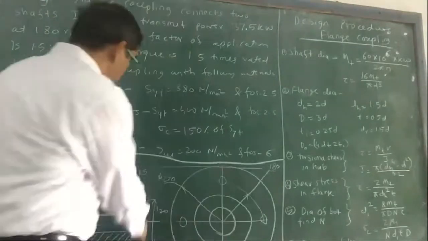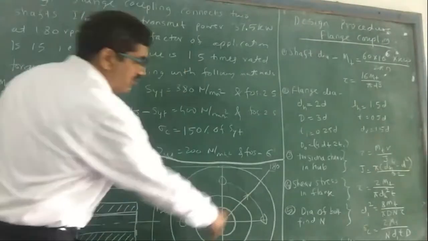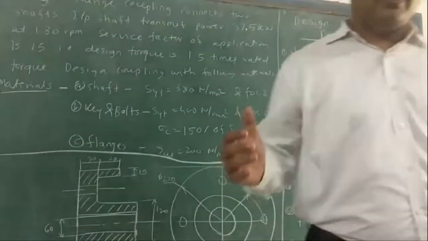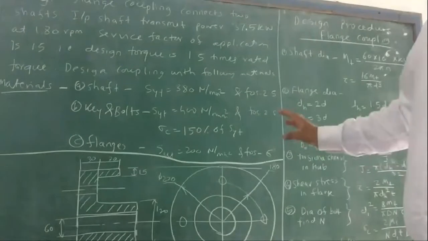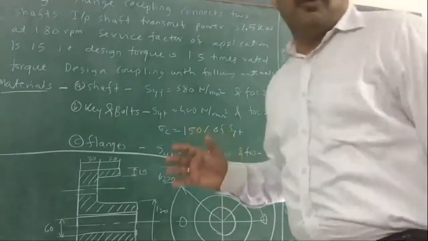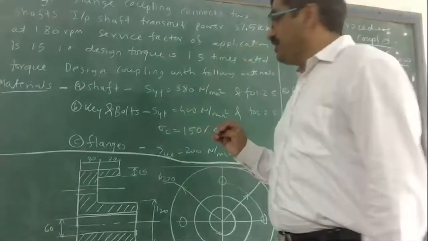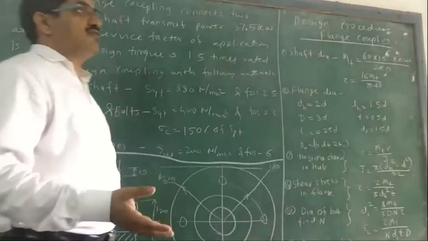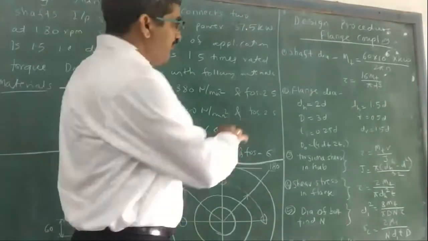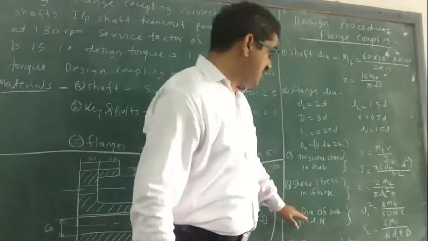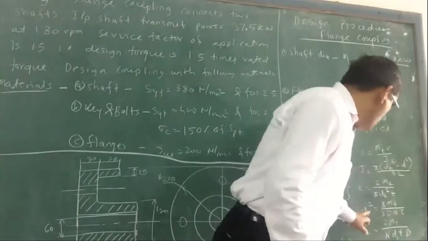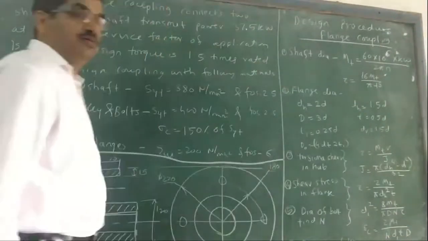Now we have to find out the diameter of the bolt. We know the PCD of the bolt. We have to find out the number of bolts and the diameter of the bolt. The number of bolts will be 3, 4, 5 or 6, depending on the diameter. If the diameter is between 40 and 100, then we take 4 bolts. If it is more than that, we take 5 or 6. Less than 40, we take 3 bolts. Once we know the number of bolts, and we know Mt, D, N and tau, we can calculate the diameter of the bolt.